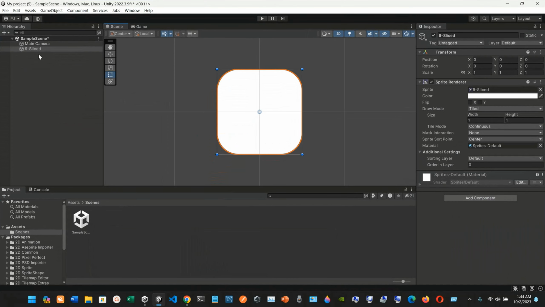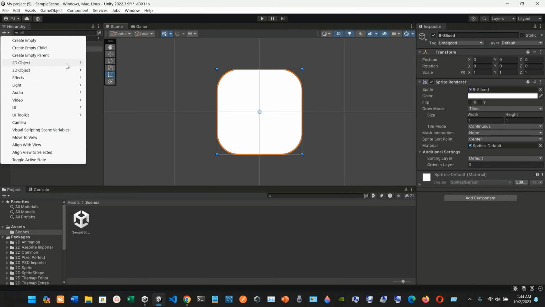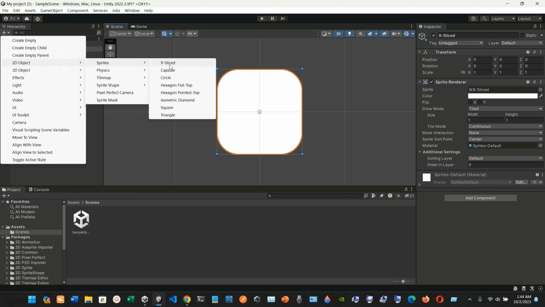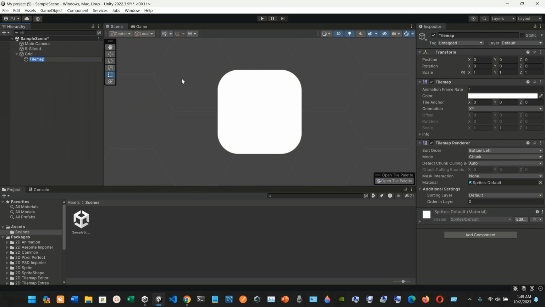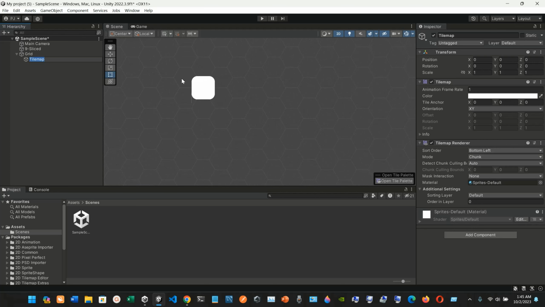Let's go here and just click to the objects, and then we're going to have, let me see, a tile map. So let's give it a try in hexagonal flat tap. So let's see what happens. So this is what we have right now. So we have this tile map,